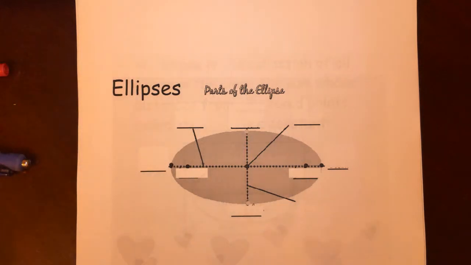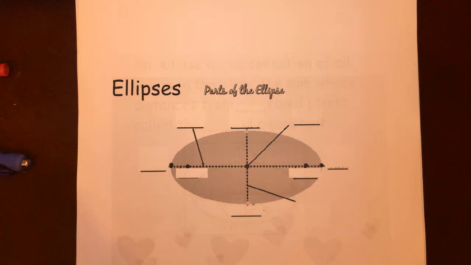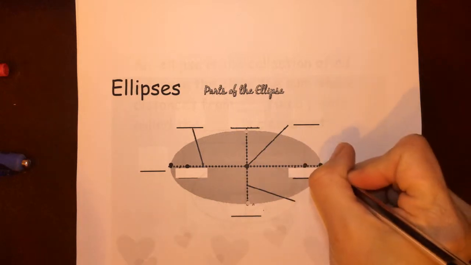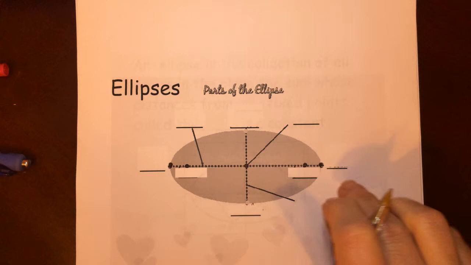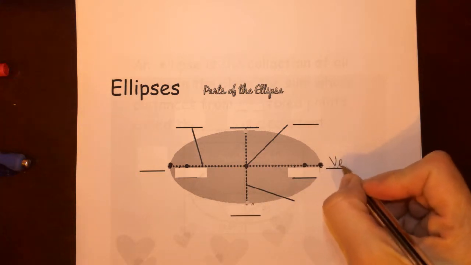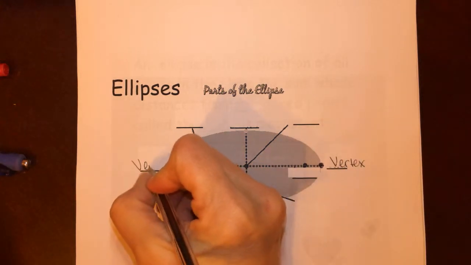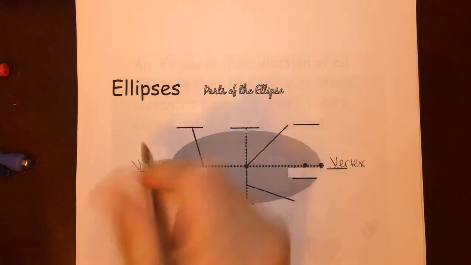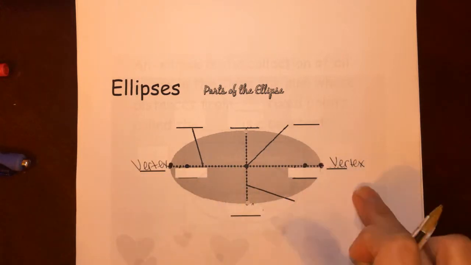Okay, the second conic we're going to talk about in this unit is called the ellipse. And the ellipse, just like the parabola, has parts of the graph that need to be on there. The first part of the graph we're going to talk about are the endpoints of the axis that's the longest. And the endpoints of the axis that's the longest are called your vertex. Because it's more than one, they're called your vertices. So these are the endpoints of what we're going to call the major axis because it's the direction of the